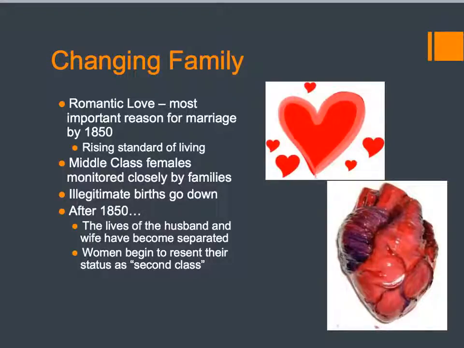And you see this even more so in the middle class, because the husband's ability to work takes care of the family economically, and then the woman will be the master of the home, and the children increasingly will go to school. Women, though, will begin to resent their status as, quote, second class, and that's where the suffragette movement even was more shocking, is that these women, who were considered to be masters of the home and not of public life, again begin to resent that. And we're going to see in section 11.3 how women were certainly in the middle class world treated and viewed as that second class citizen.